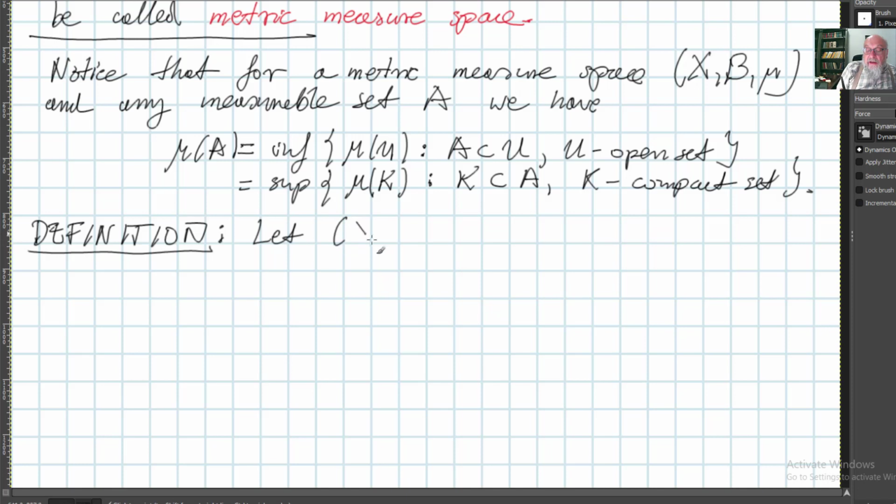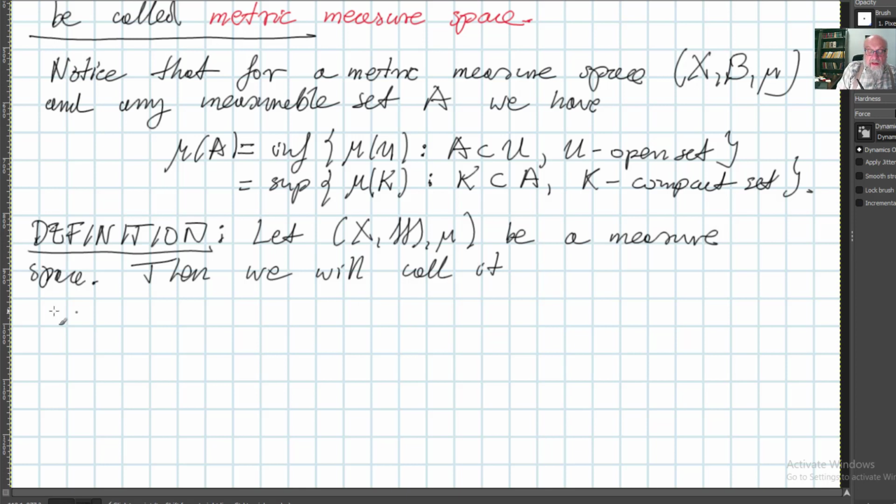Let X, M, and mu be a measure space. Then we will call it a finite measure space if the measure of the whole space is finite, and